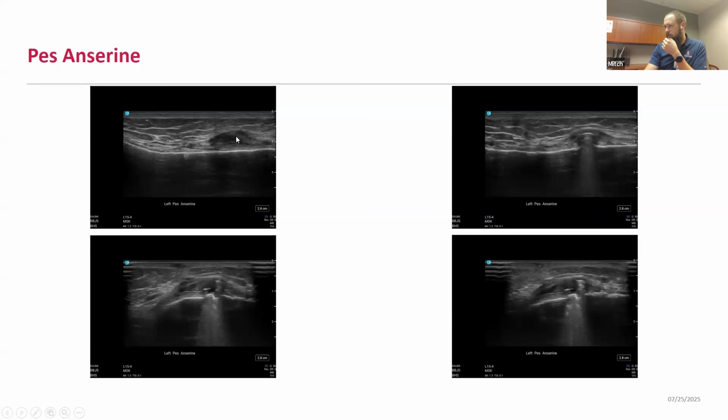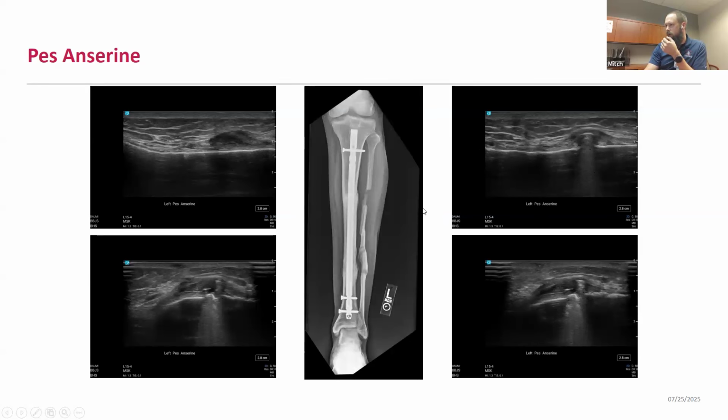So as I scan more lateral from this bursa, I start to see this very hyperechoic structure with deep shadowing present in this area, both in long axis and then short axis view again. And so again, going back to the initial case, this patient had underlying orthopedic hardware. And what we're looking at on the ultrasound here is a proximal interlock screw protruding from the tibial cortex that then is putting mass effect and mechanical irritation on the Pes, which was likely contributing to his symptoms.